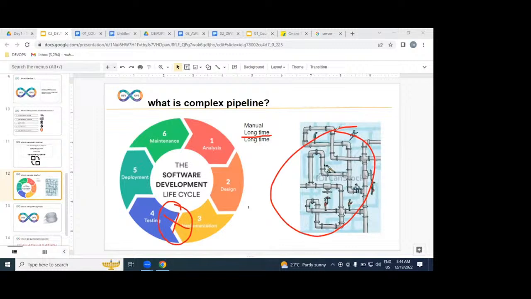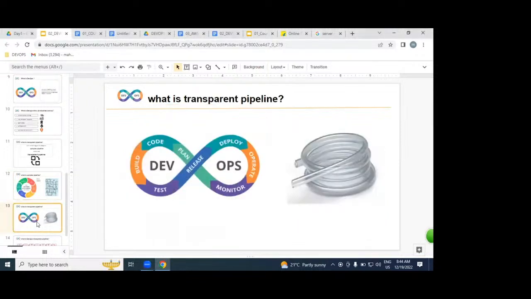That is the reason we are going to replace it with an automated, transparent pipeline using DevOps. The same water pipeline, but transparent. It looks like this.